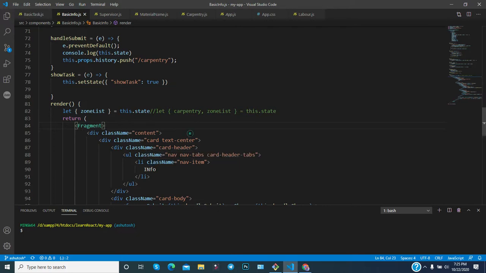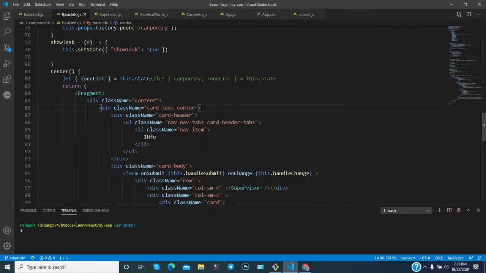However, for general knowledge, you can read a lot of documentation on how they are managing the real DOM or virtual DOM. I am not going to discuss it in this particular video, otherwise this video will become very long. I am trying to make it as short as possible, but still it is going longer, I know.